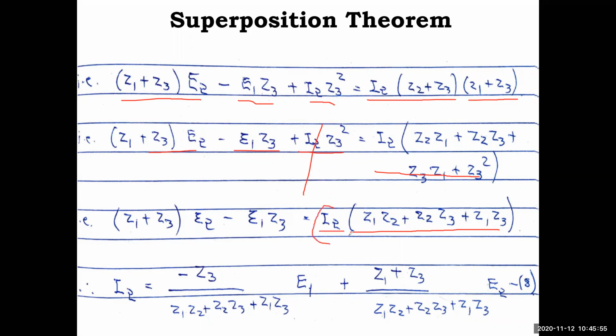So now you can write the equation for I2, and when you are writing, you write the E1 term first, because it should match with the first, sixth equation, whatever you have written. So I2 is equal to the E1 term is here, that's why I have written this coefficient minus Z3 by this term, which will come in the denominator, Z1 Z2 plus Z2 Z3 plus Z1 Z3, into E1, plus the E2 term is here, Z1 plus Z3 by Z1 Z2 plus Z2 Z3 plus Z1 Z3, into E2. This is equation number 8. This is the value of I2 as I mentioned, the total value of I2 when you do mesh analysis.